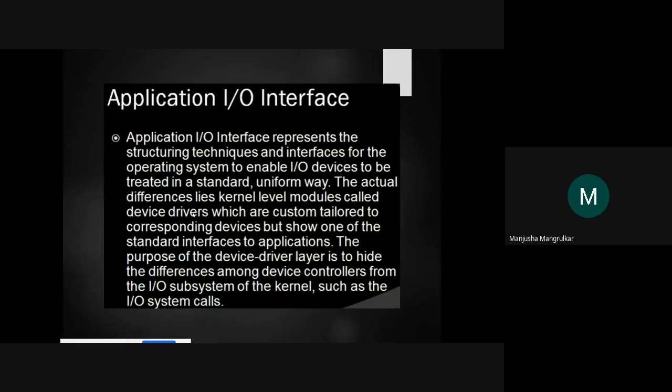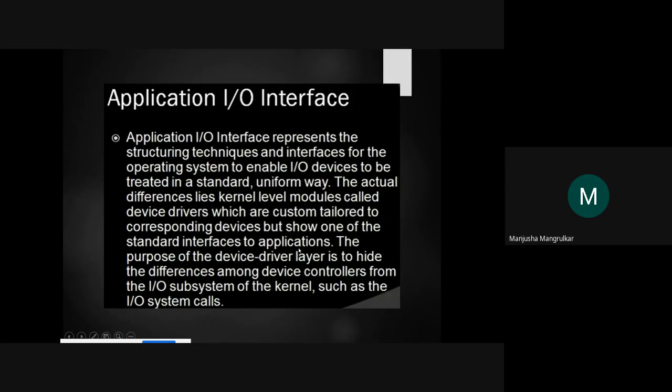So each and every device has its own driver. The difference lies in the kernel level module called the device driver, which is custom tailored to correspond to the device but shows one standard interface to the application, right?